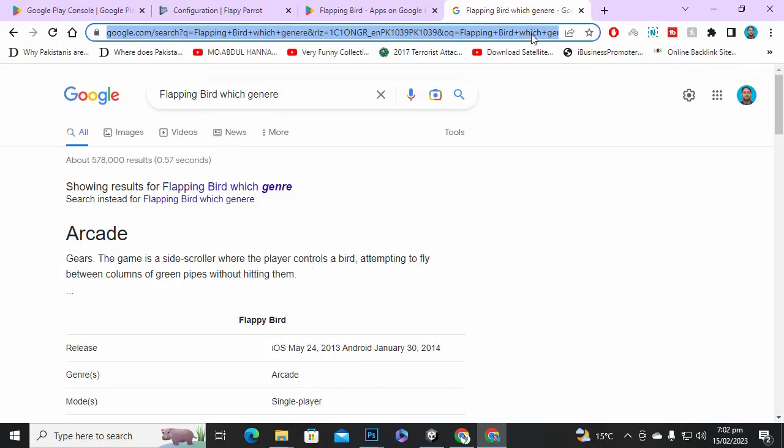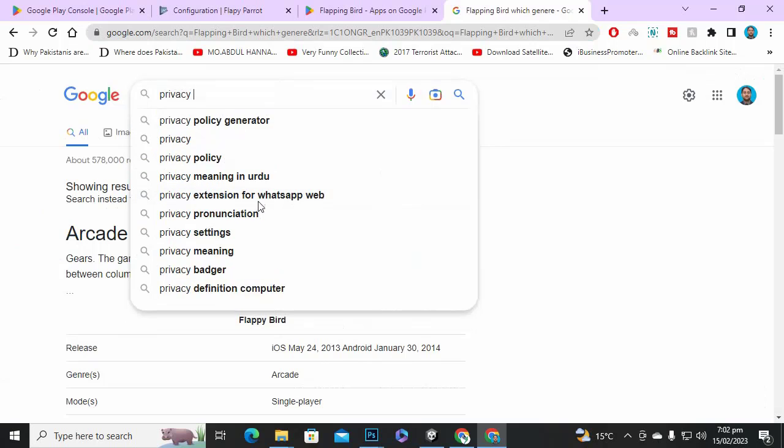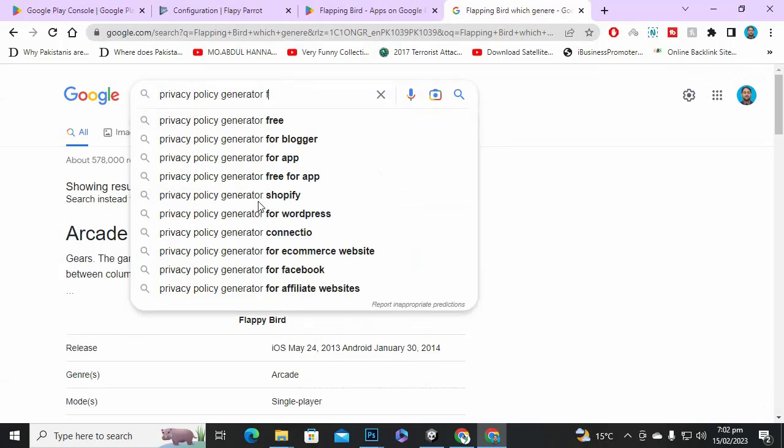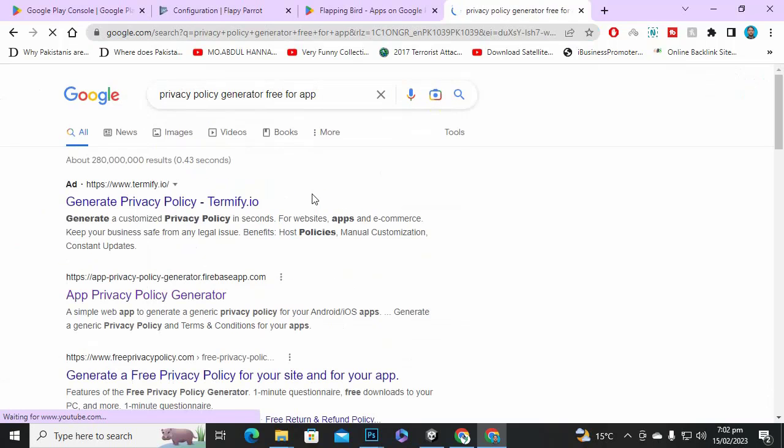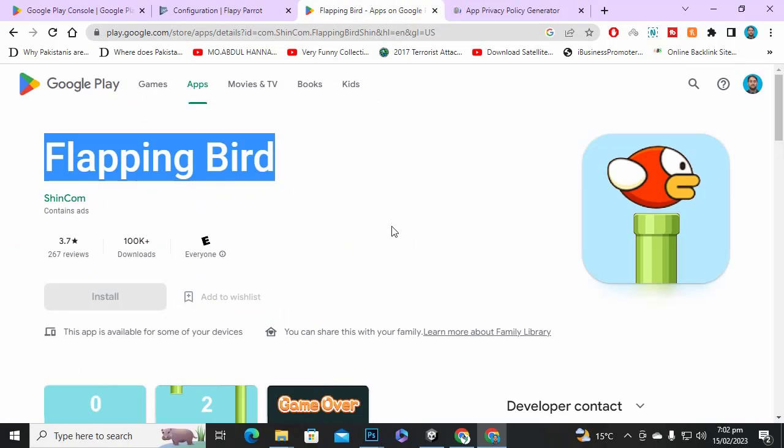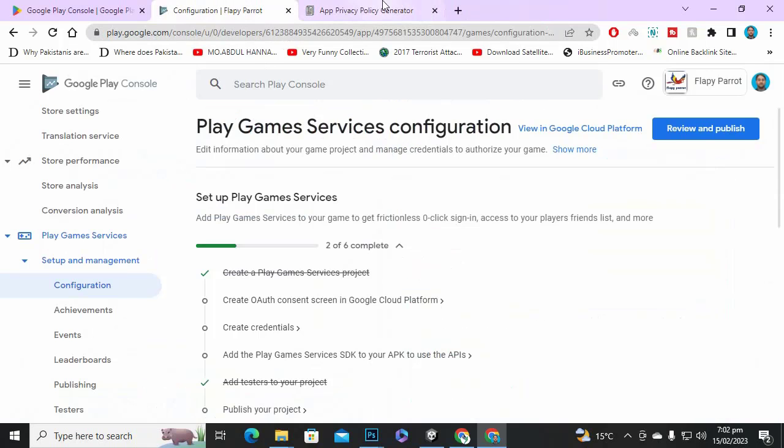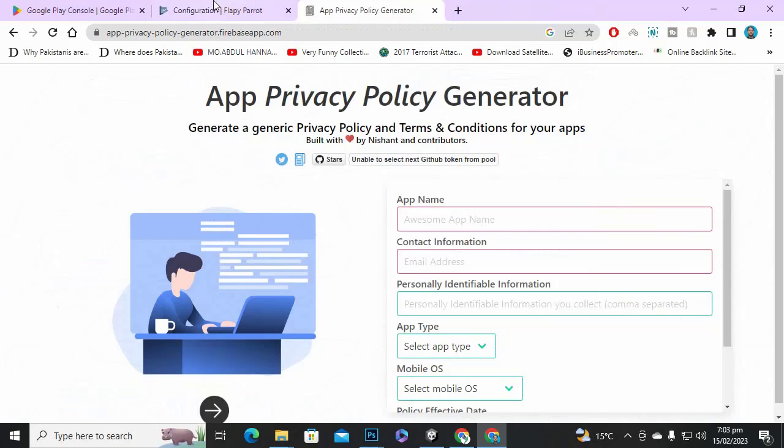Definitely we also need a privacy policy for the game, so you can write here privacy policy generator for app. This one is a better policy generator. So now in the privacy policy we will add some important information. So Flappy Parrot. Okay, contact information,